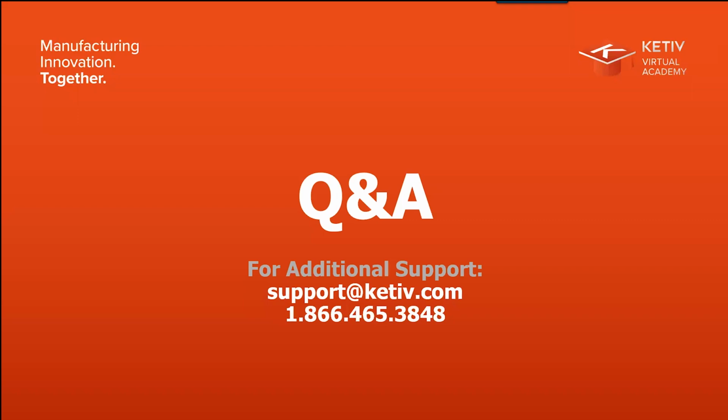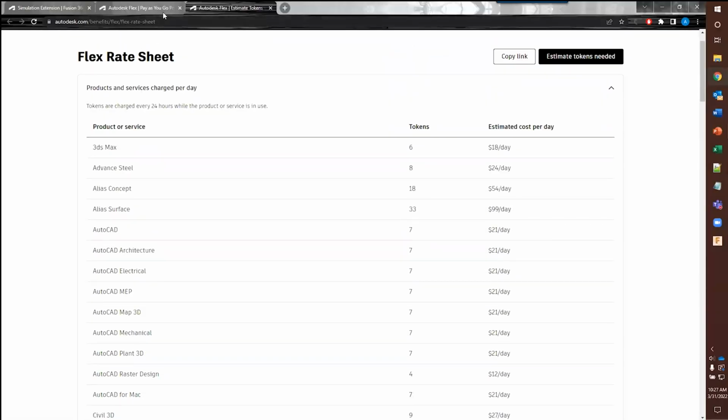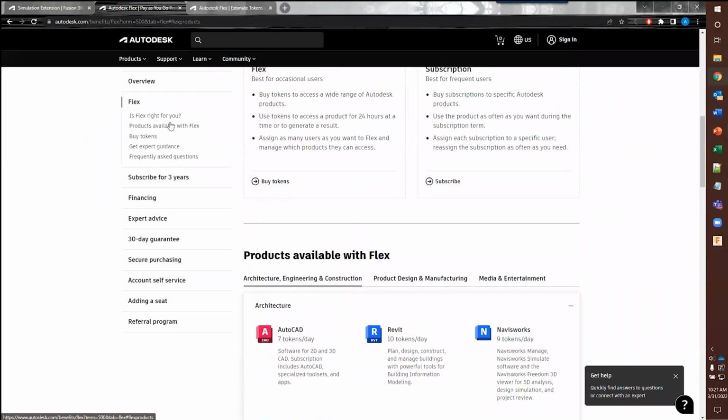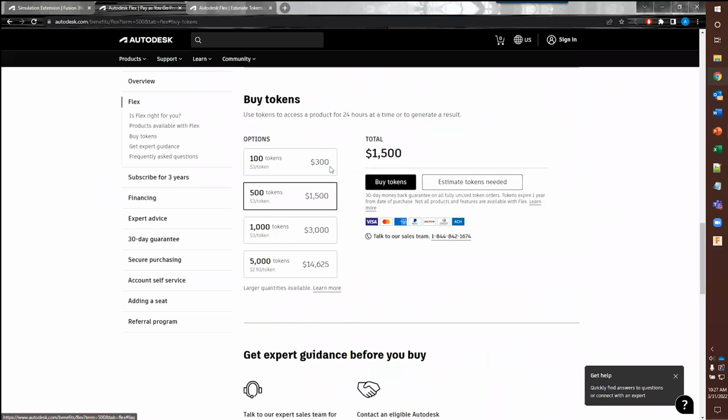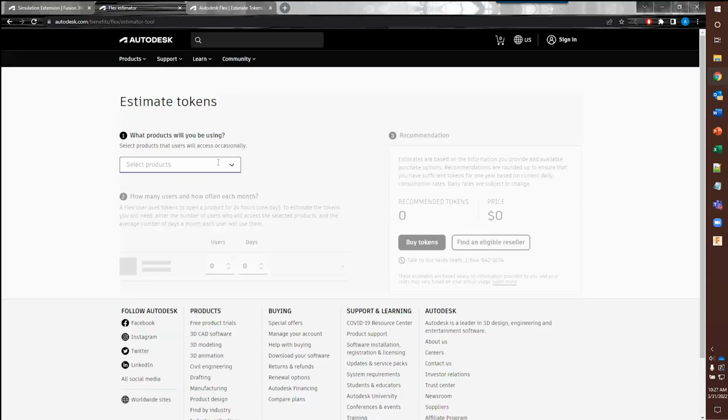So we have a great question here from Henrik. What's the break even for using token versus full subscription? You can, so like I said, inside of that website, let me go back to that website that I was showing here. Let me see if I can buy tokens. If you go, Henrik, into this website, and if you say estimate tokens needed, you can fill out information such as how many users, which product, in this case, if you type in Inventor, right, you can go ahead and say Inventor, type that in,